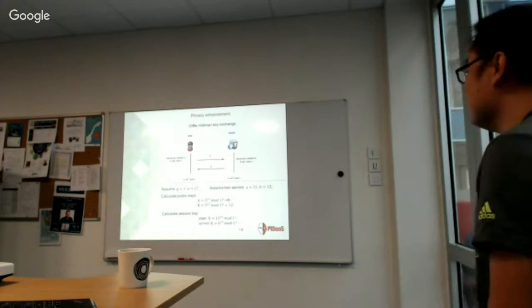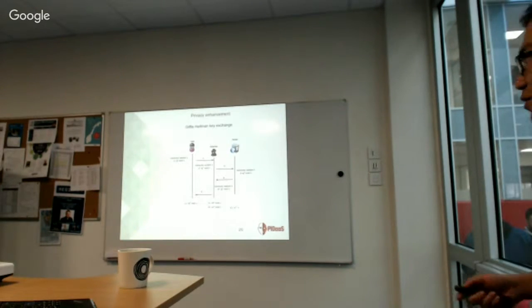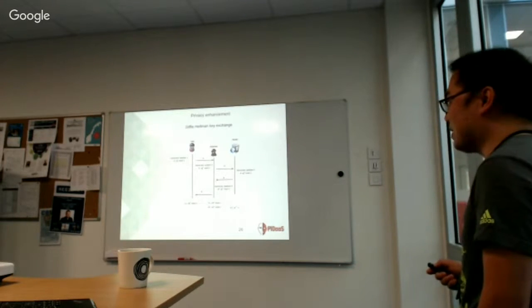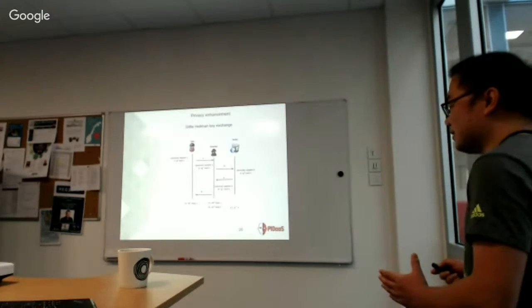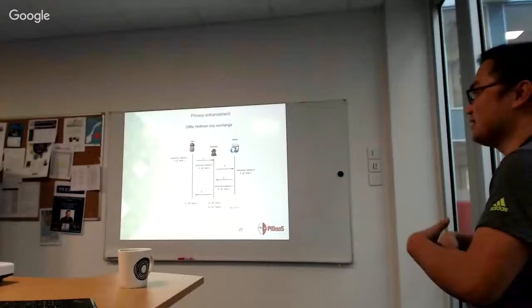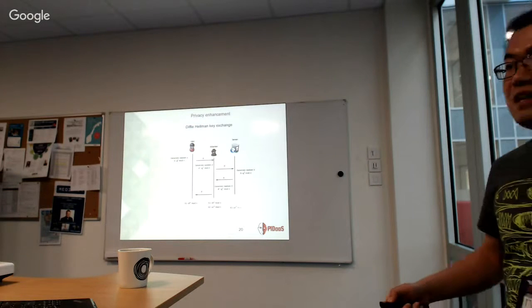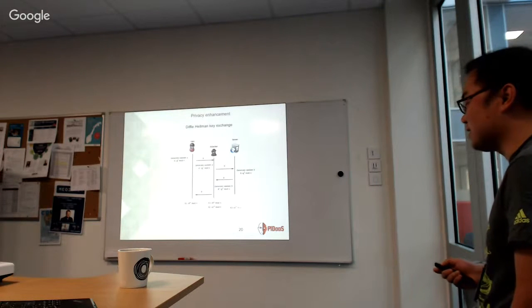But there's another disadvantage. This is vulnerable to the man-in-the-middle attack, which means that if the attacker receives the public key from the user, he will store this public key, generate his own public key and send it to the server. And the server will receive this public key from the attacker, but he thinks he received it from the real user. And then the server will send his public key to the